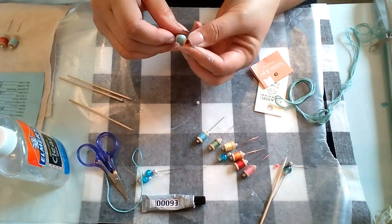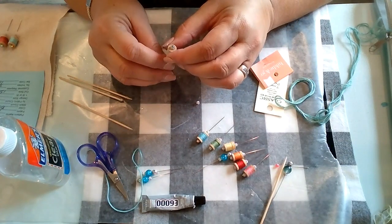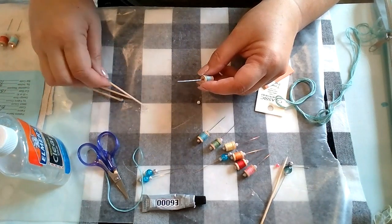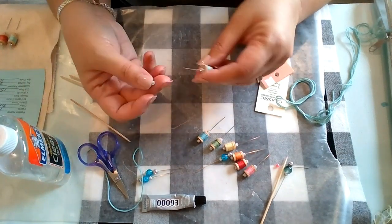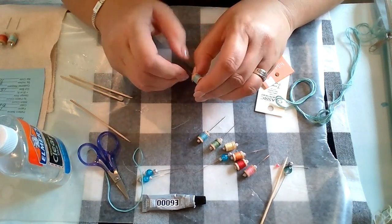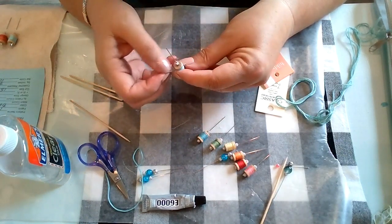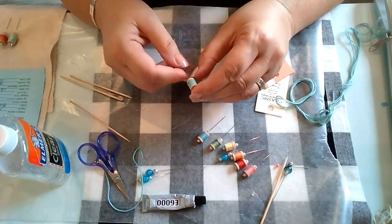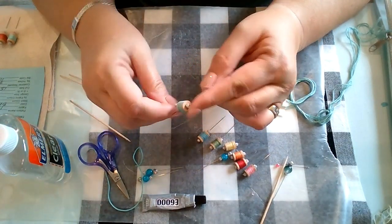The spool is dry enough. You can still dry while it's sitting on here because you're going to let it sit. And then I just make sure that it's in the middle. Then I put a little bit more glue underneath. And then take the next little bead, push it down. And then I just make sure I wipe off a little bit of excess, best I can. And then I just make sure that the silver beads look like they're really in the middle of the hole